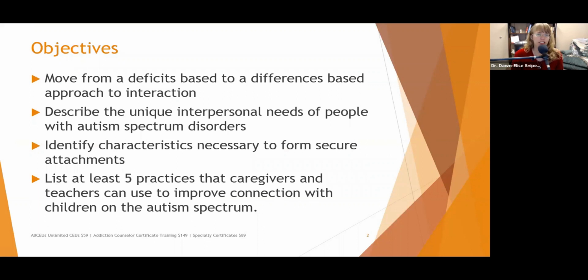on the autism spectrum. Now, my little soapbox here before we get started, I am going to try very hard, because I feel very strongly about it, to call people who have autism people with autism or people with autism spectrum disorders, not an autistic person, putting the person before the diagnosis. That is not necessarily how much of the research is written, but I do think it's important to recognize that these are people and they are differently abled.